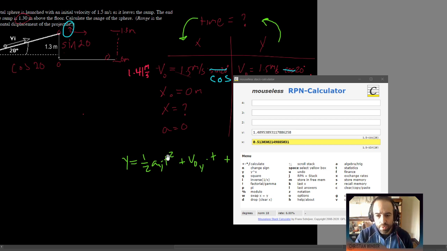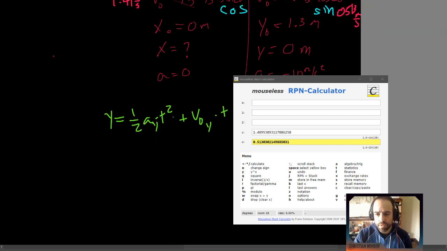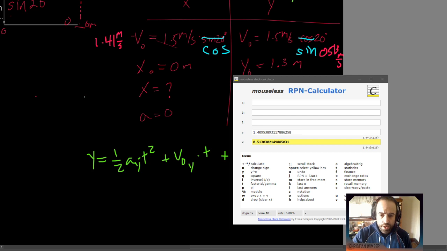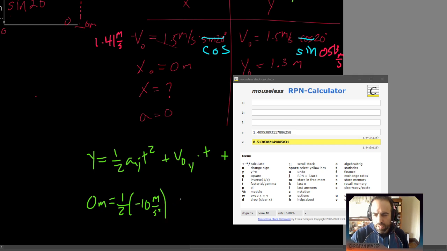Yeah, we could go ahead and solve for this. So I'm going to go ahead and plug in all the numbers and see where it goes from there. So we know that the final position, it's going to hit the floor. So that's at 0 meters. This will be 1/2 the acceleration. The acceleration is -10 meters per second squared times the time squared. Now I don't know what the time is yet, but we'll get there. I'm going to try to make my t's curly so that we can tell the difference between those and the plus signs. Plus the initial velocity, which we know is 0.513